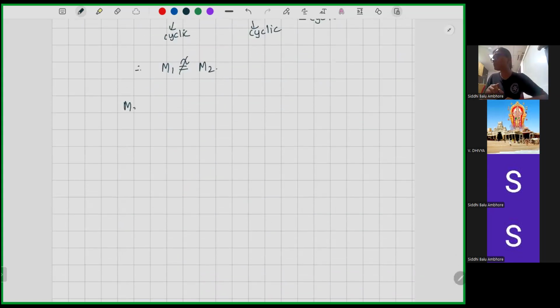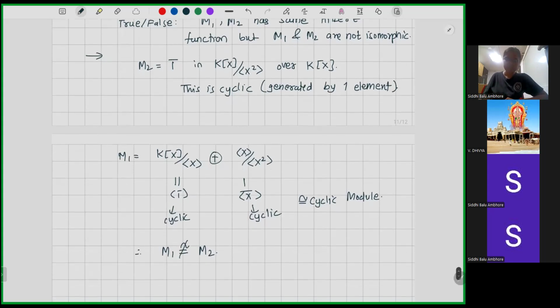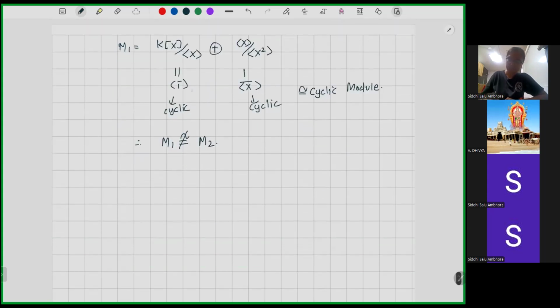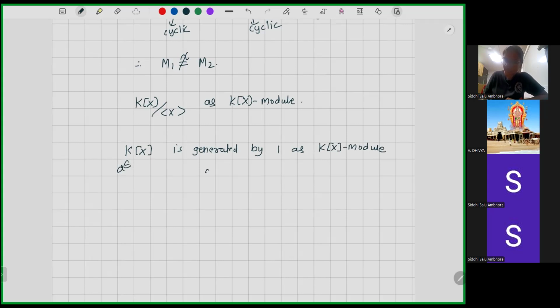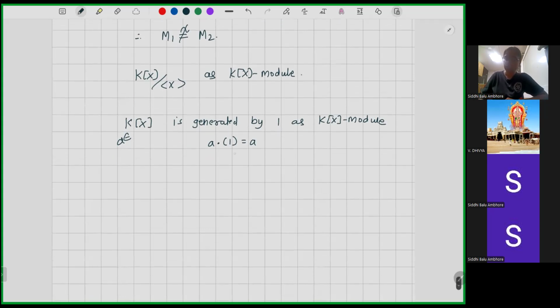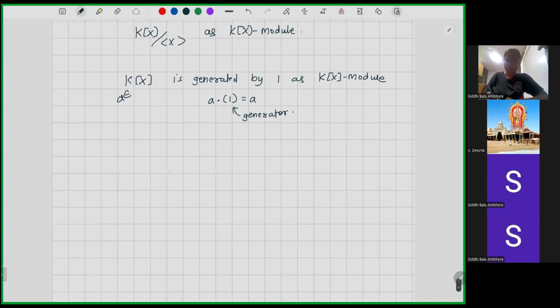So, okay. Before going to x square, let us work with this because it is similar. kx quotiented by x, when I say it as a kx module. Okay, so kx is generated by 1 as a kx module, right? Because every element a in kx can be written as a into 1. So this 1 becomes the generator of kx over itself. And again, in this quotient ring,